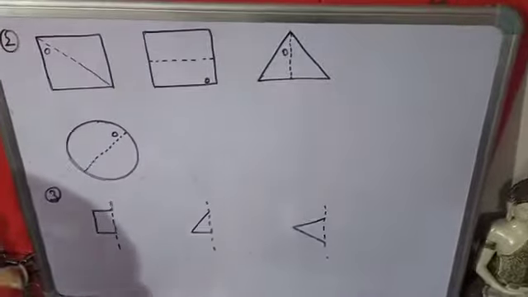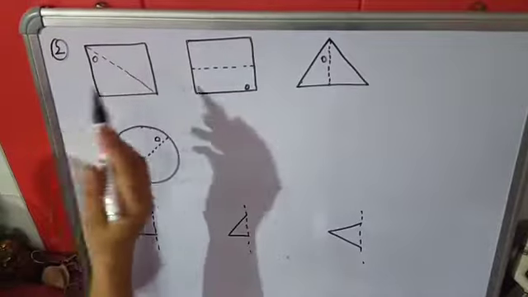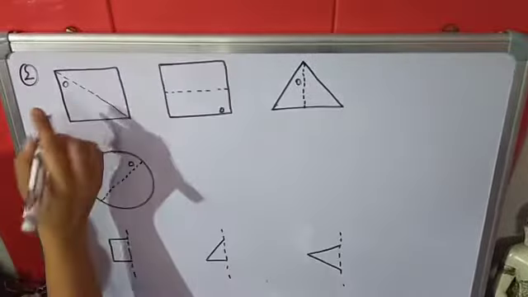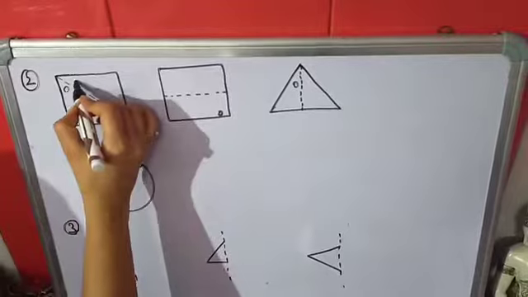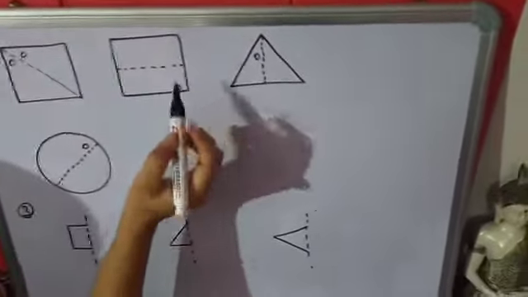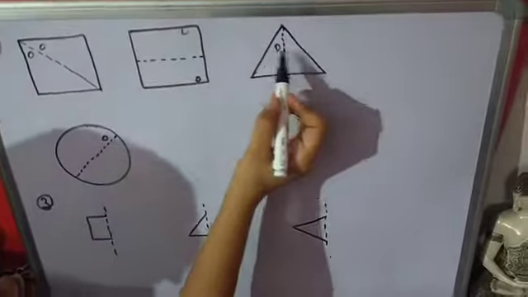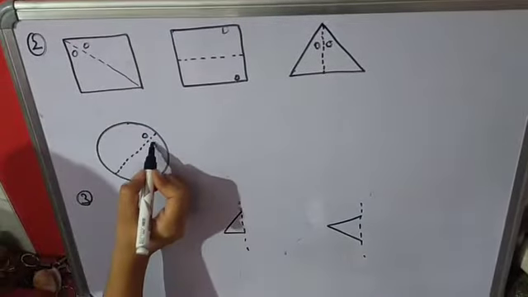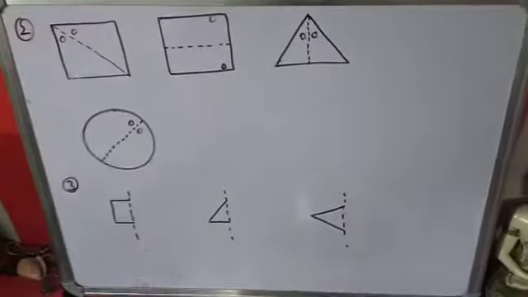Second question is, given the lines of symmetry, find the other holes. Now the symmetry line is given, you have to find the other hole. If this is the symmetry line, then this part and this part should be equal. So how will we find the hole? If one hole is there, then the second hole will be there. And here if one hole is there, then the second hole will be there. One hole is here, then the second hole is here. And this hole is here, then the second hole is here. Okay? So this is the line of symmetry.